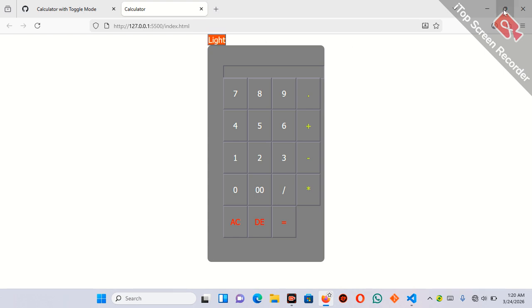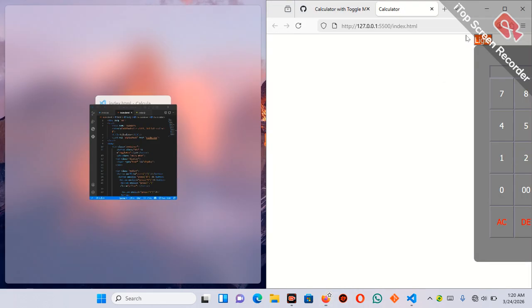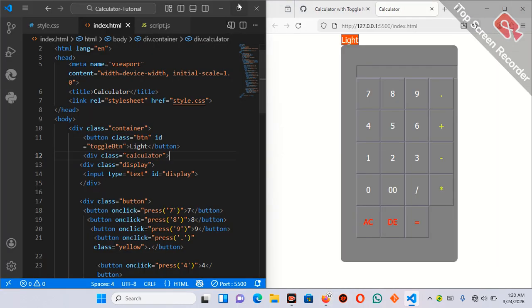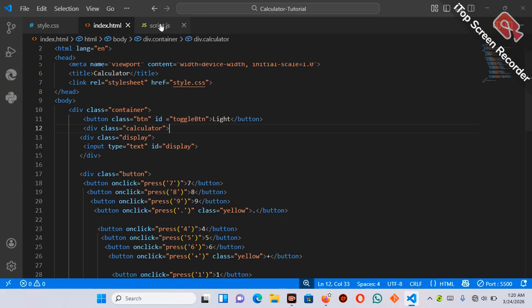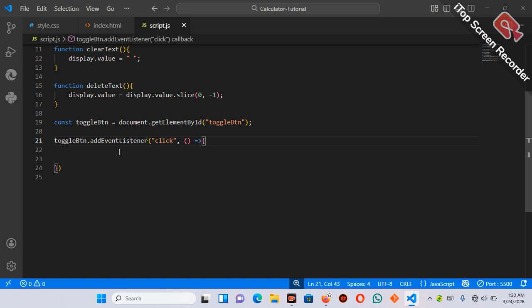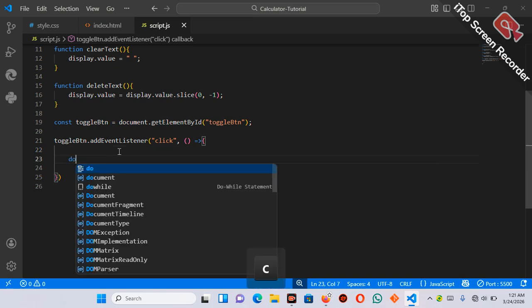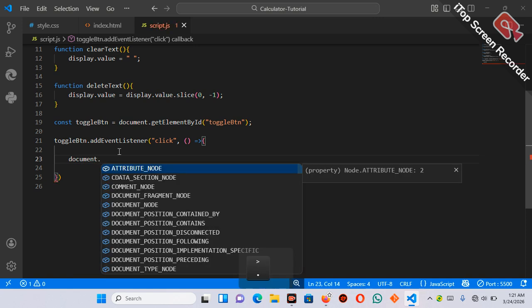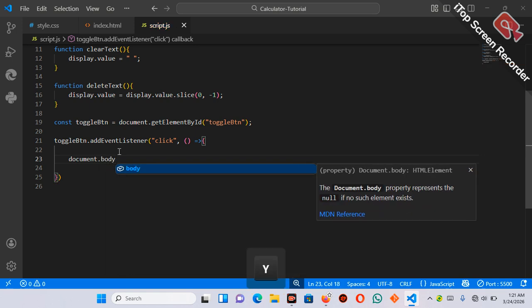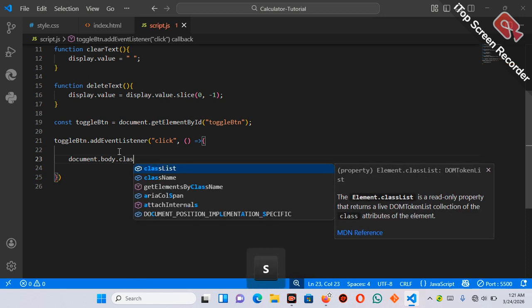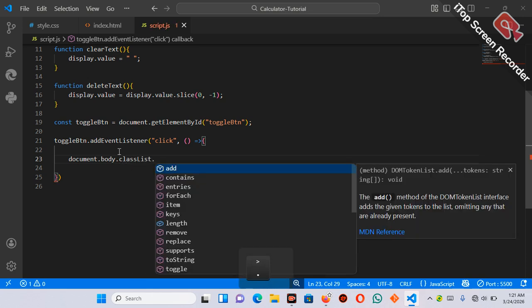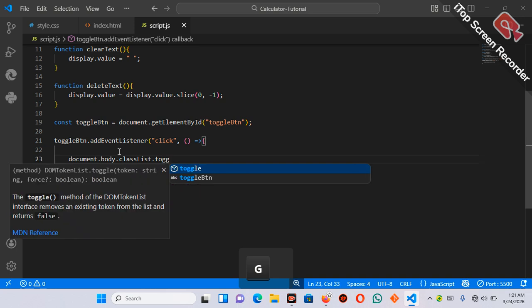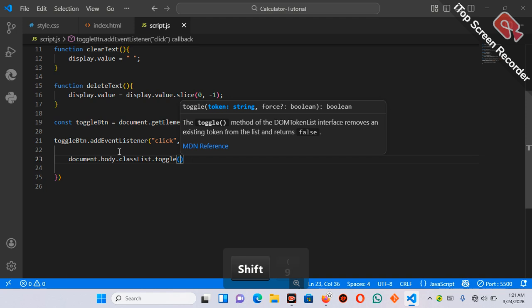Now inside the add event listener, you add our functionality. So we want it to work as we want. Now inside the add event listener, you call our document dot body dot class list dot toggle